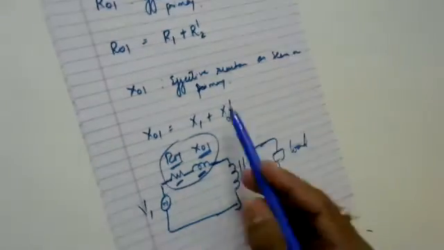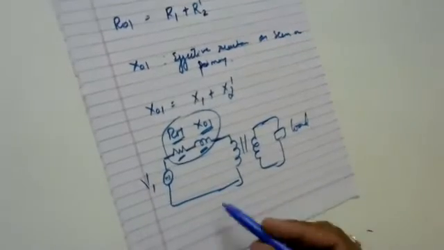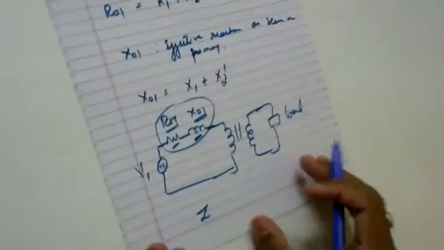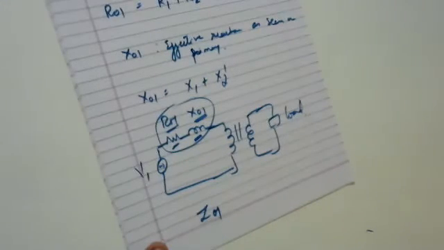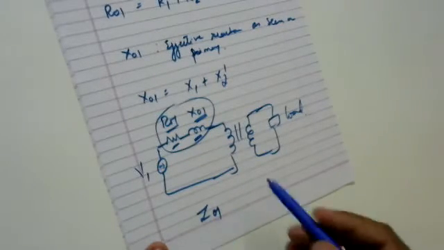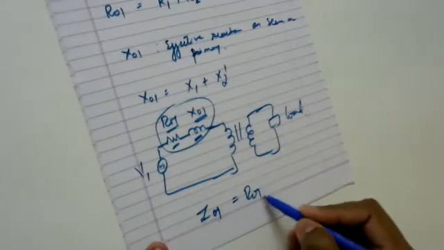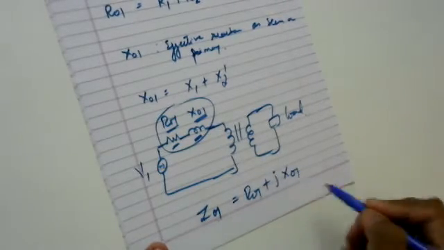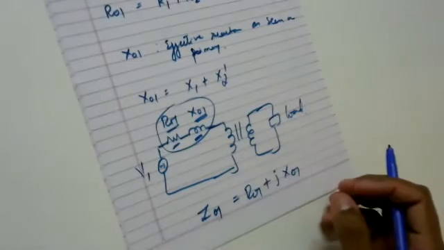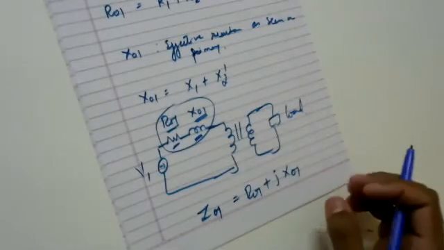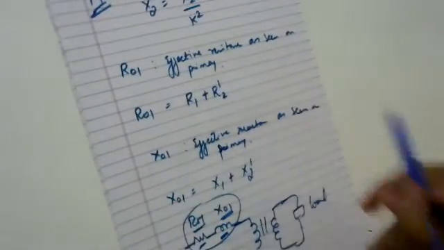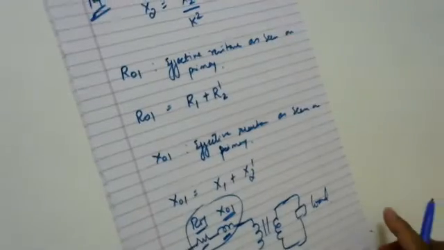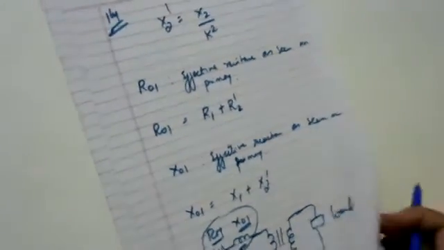Very good, Varsha. So this is indicating the impedance, nothing but the effective impedance as seen on primary. Effective impedance as seen on primary is given by R01 plus j times X01. Understanding? So this is how it is when I want to transfer the parameters from my secondary side to the primary side. Now, if I want to transfer the parameters from primary to secondary, I hope my statement is clear to you now.